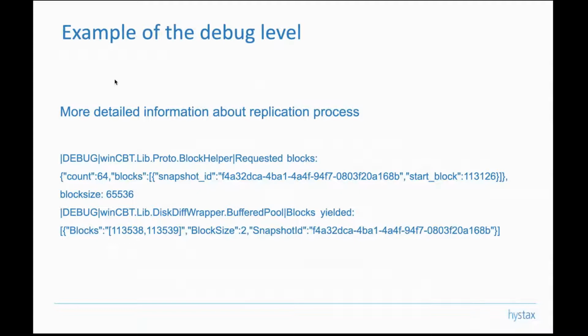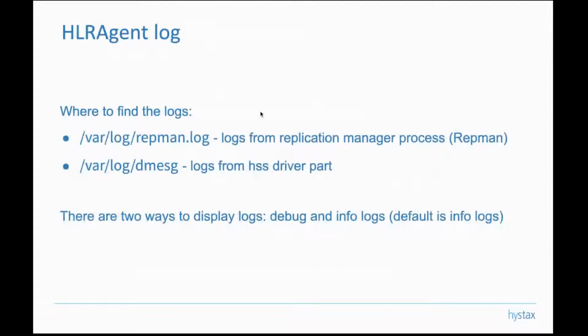So yeah, this is once again the example of the debug level logs. This is the part from the CBT log, as you can see from this point. The debug level is enabled, and here is the information about the blocks that we're sending. Moving forward,